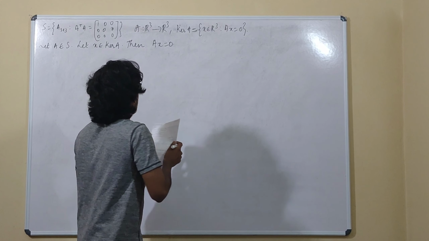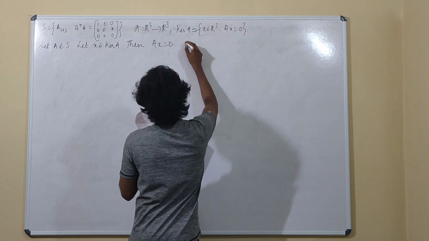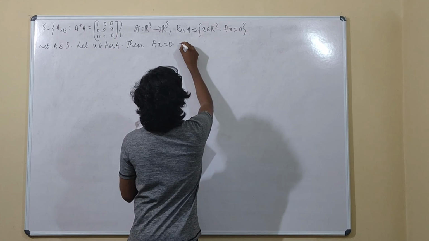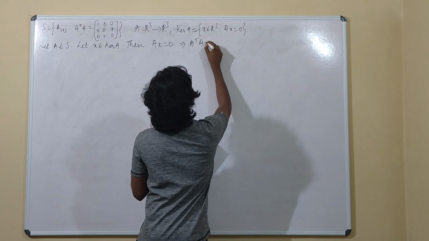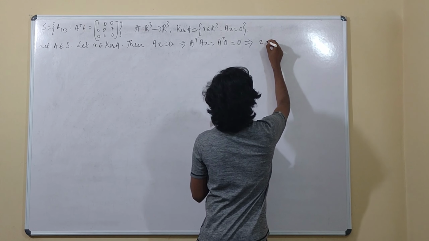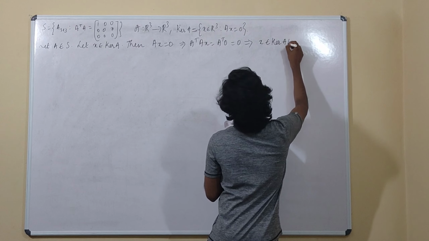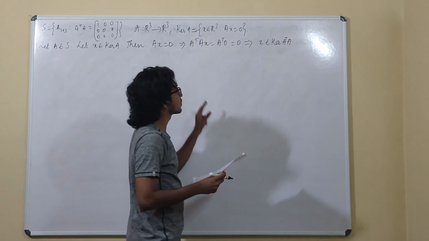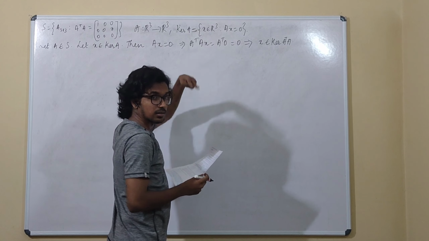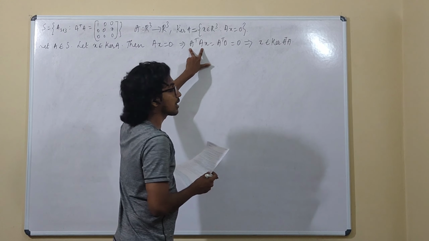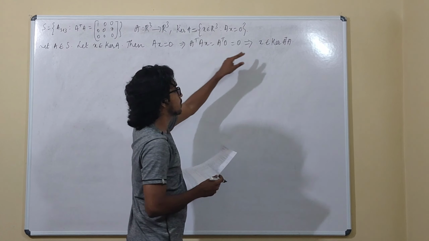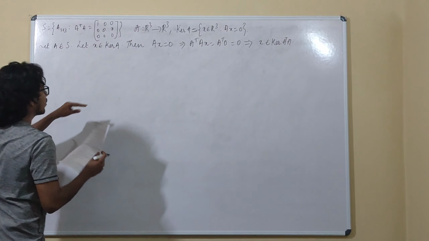Okay. Now, no matter what, I am multiplying A transpose with this. Okay. So, let me just multiply A transpose with this. So, this tells me that this X is a member of the kernel of A transpose A also. Okay. We know that A transpose A is again a 3 by 3 matrix, so this can also be treated as a mapping from R3 to R3, and any x satisfying this condition will be in the kernel. Okay, so we have got this.